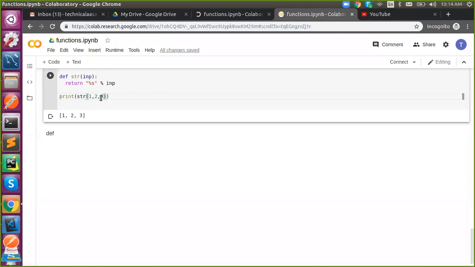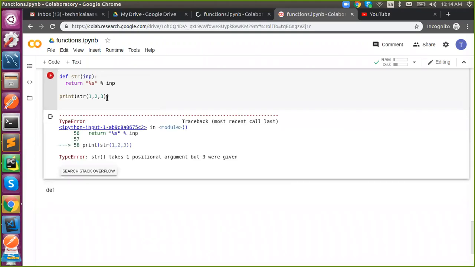The function takes one argument, but three were given. What is the error name? It is a TypeError, because str is a function, it's an object, and if the object's property doesn't match, it will raise a TypeError. One positional argument required, but three were given.